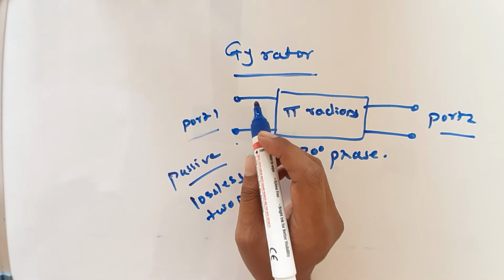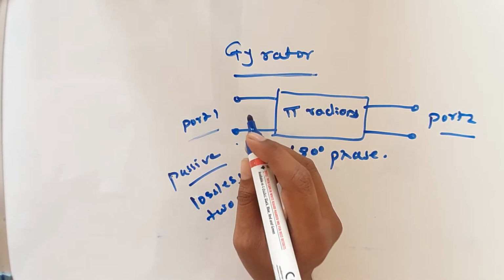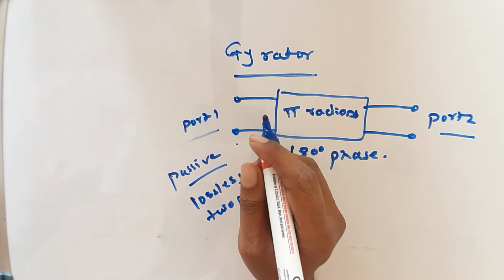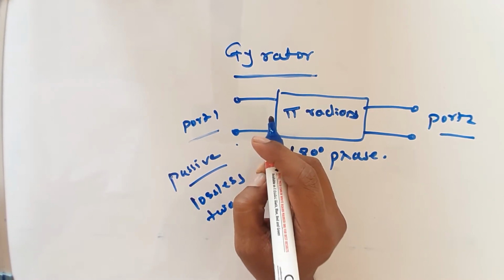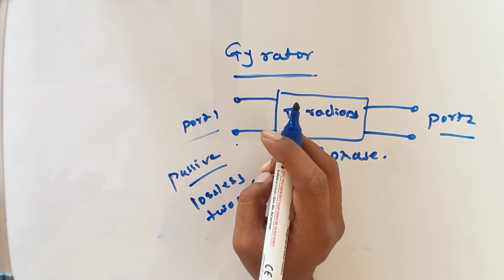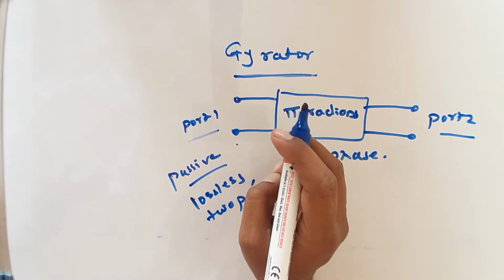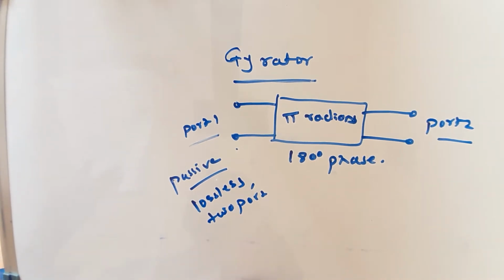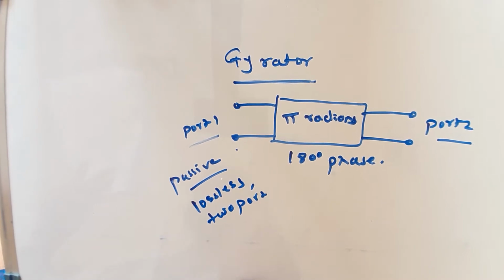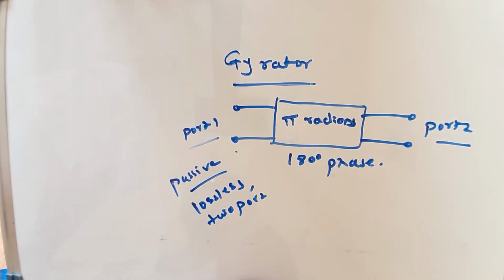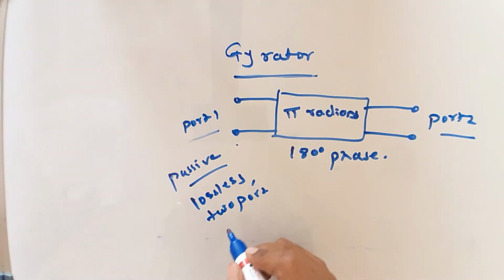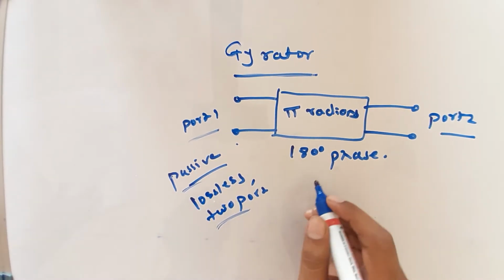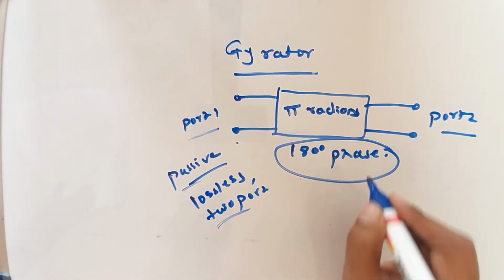Okay, so here it is a linear element. After the resistor, capacitor and inductor, an ideal transformer is there. Gyrator is a non-reciprocal element. So gyrator is basically used to permit network realization of two or more port devices which cannot be realized with just the conventional four elements. Here it is a lossless linear two-port passive device which will give a phase shift of how many degrees, 180 degrees there.